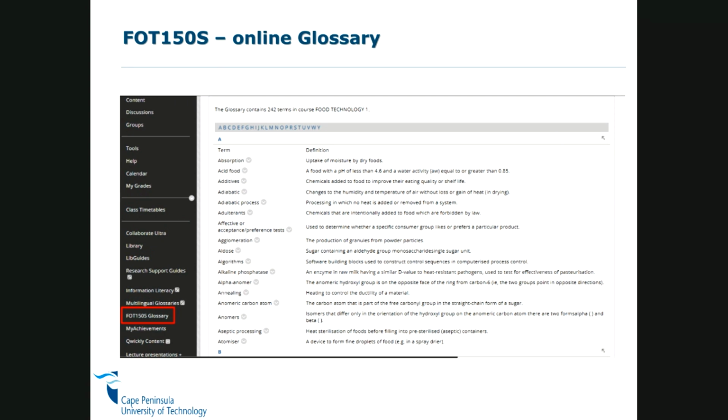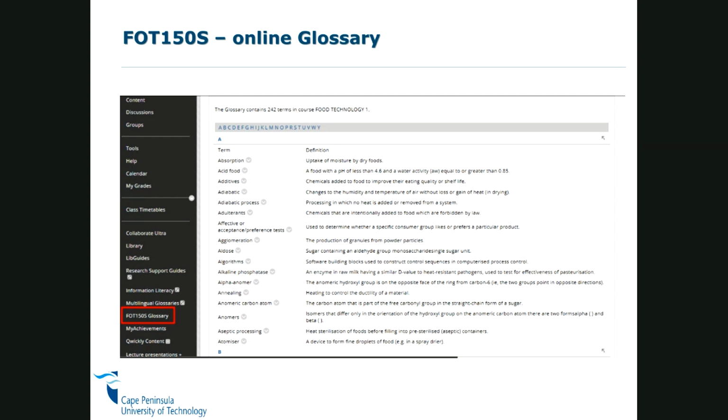Right. So some of you might be aware, or some of you might not be aware. For the first time this year, I've also been working very hard, because previously students were telling me that they do not understand certain terms of food technology. They are complex and stuff like that. So we've come up with an idea to have an online glossary for you. So this is also accessible from Blackboard. So it's an online glossary. If there's a term that you do not understand, it's alphabetical in nature, so you can just click on the glossary and then go and look for the term that you do not understand.